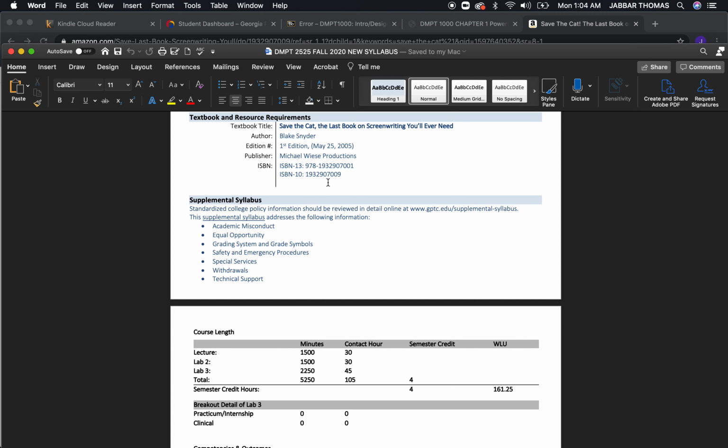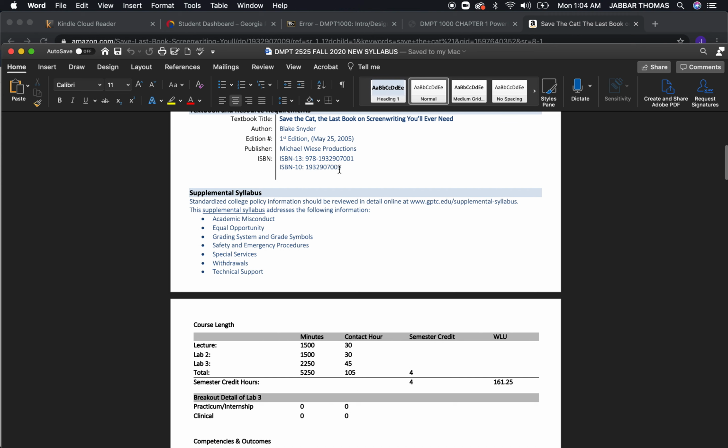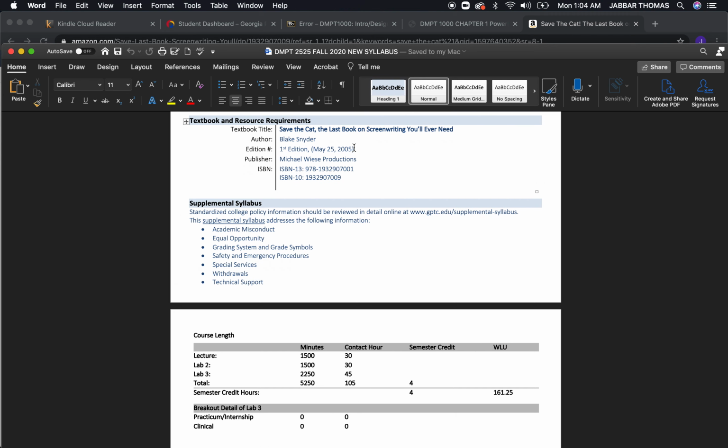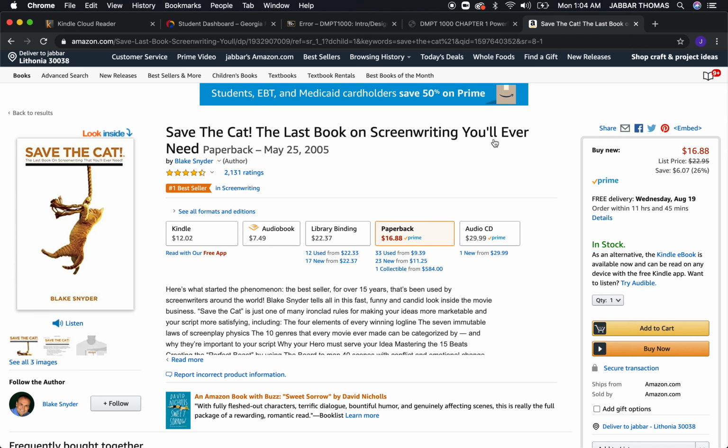Okay. I'll talk a little bit more about that a little later on. But the textbook that you have to buy for the course is Save the Cat, the last book on screenwriting you'll ever need by Blake Snyder. There's only one edition out, which came out in May of 2005. It's one of my current favorites. Here it is